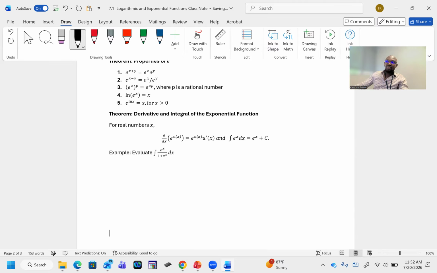There is no quotient rule. So by saying that, we need to find somehow how to do substitution to find this integral. And we know the derivative of e to the power of x is also e to the power of x, right? So to solve this one again,